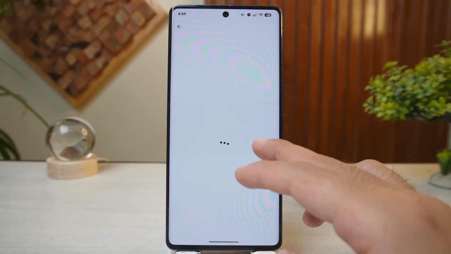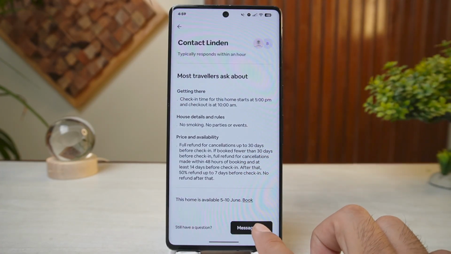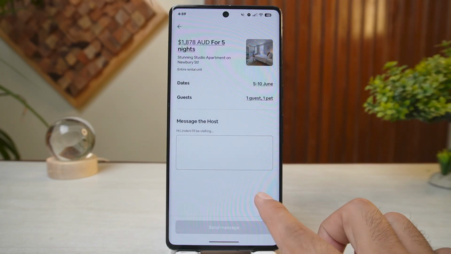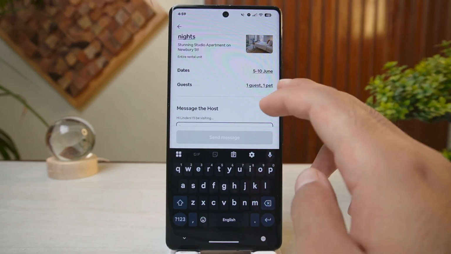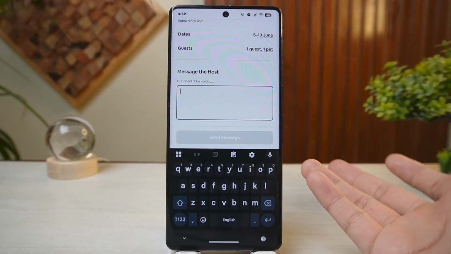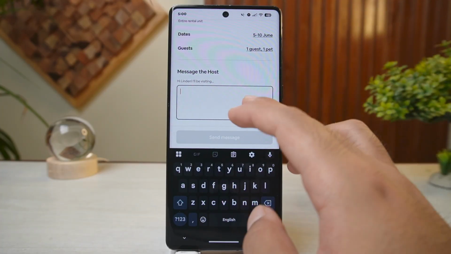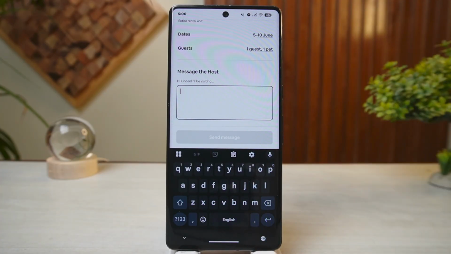From here, you will find this message box over here or message host option. Once you tap on this, you simply have to select your date over here as well as the number of guests and add a few amenities if you have. Now, once you tap on this box, you can simply write a courteous message and send it to the host itself. And also make sure to give them your exact expected arrival time at the property rather than a vague